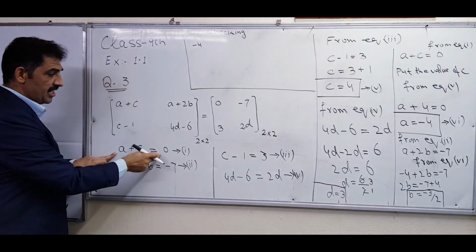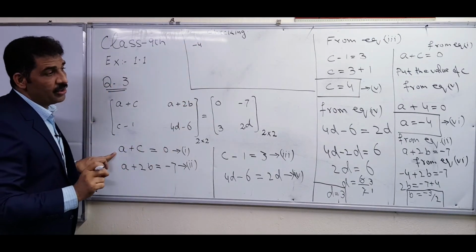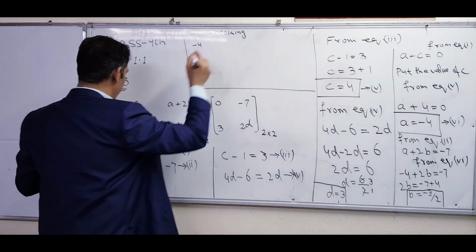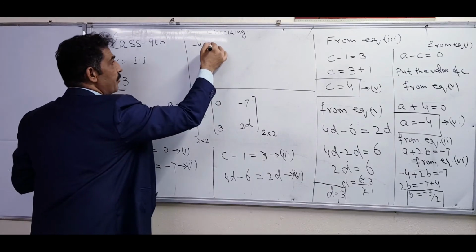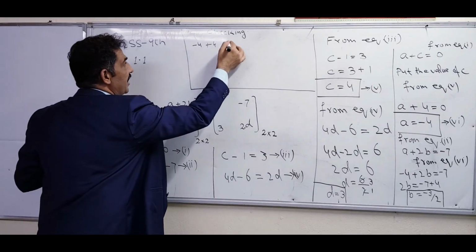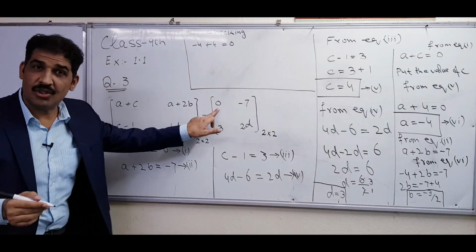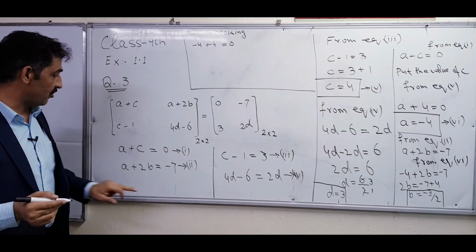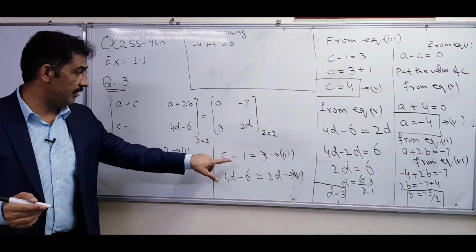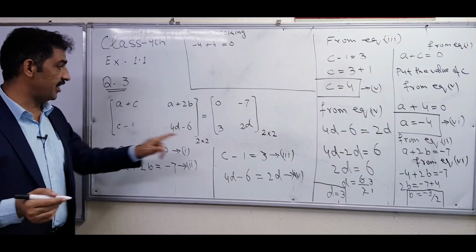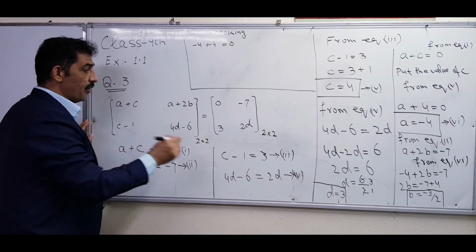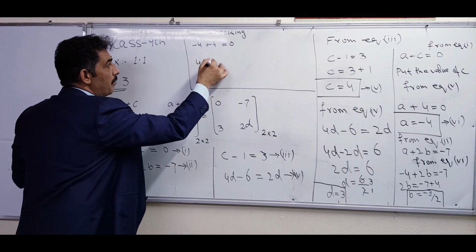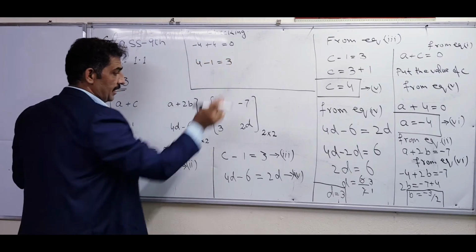Putting it in this equation, it satisfies minus 4. And what is the value of C? A is minus 4, C value is equal to plus 4. So A plus C, when we put the values, what answer will we get? 0. That is equal to 0. Correct? In the same way, C minus 1 is equal to 3. If you want to check this equation, the value of C is equal to 4 when you put it here. So 4 minus 1, that is 3.